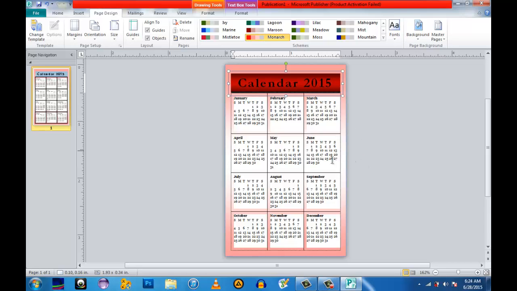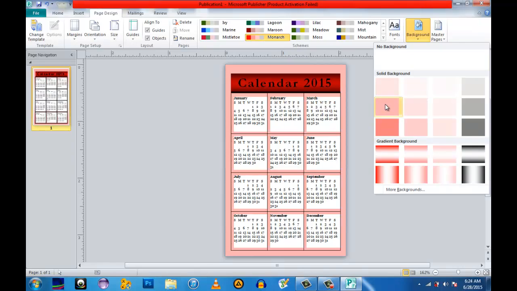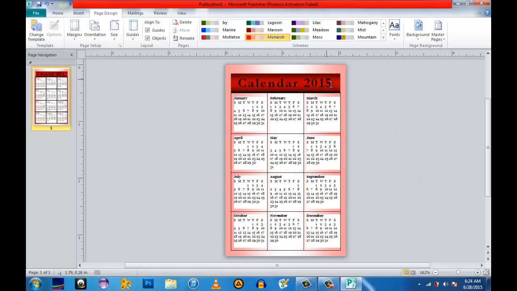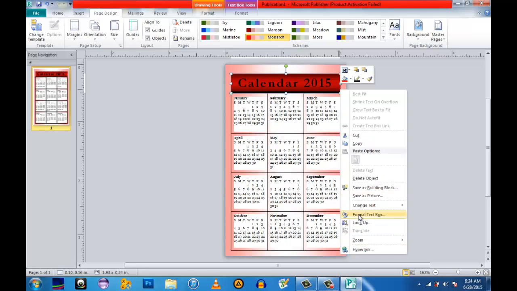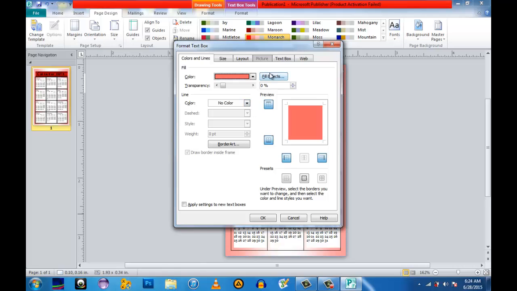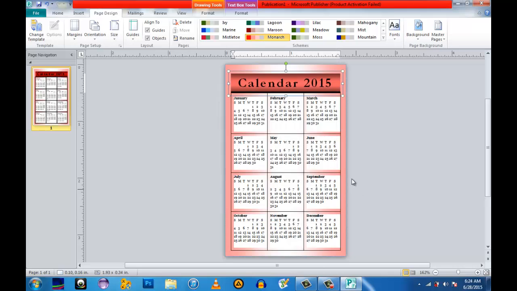So if you want to change the style, the background, you can make it darker, you can make it lighter, just like that, make it lighter. So that's our calendar, and then